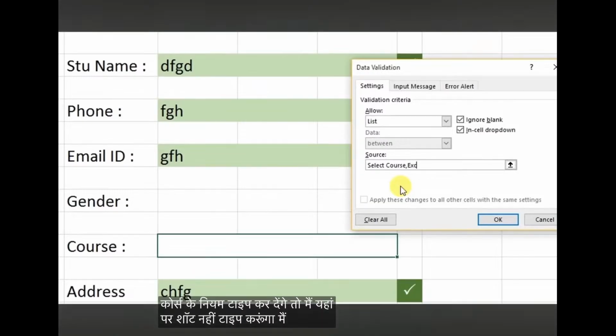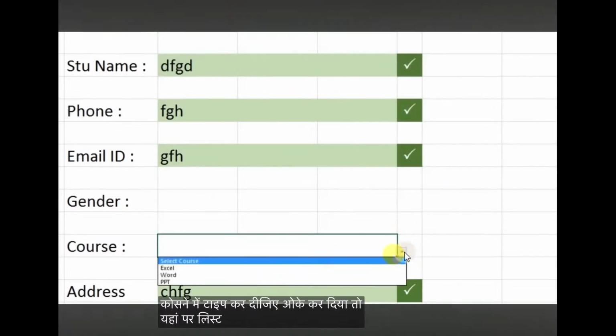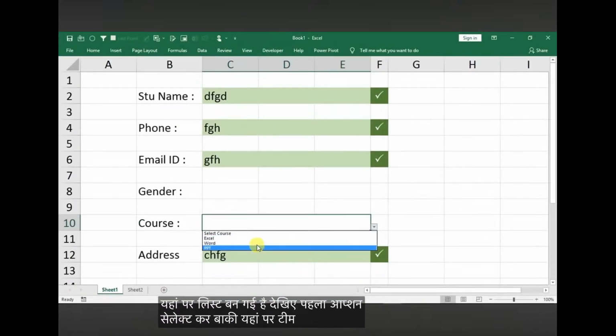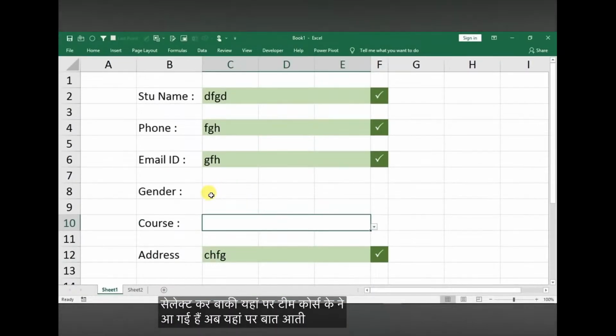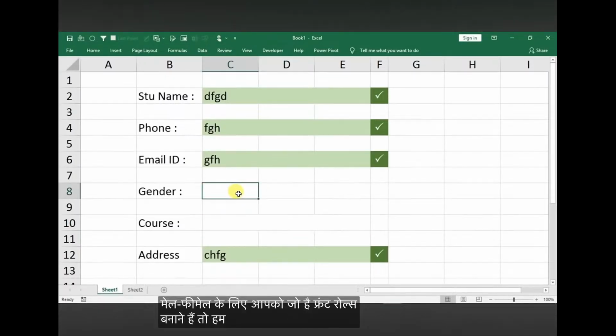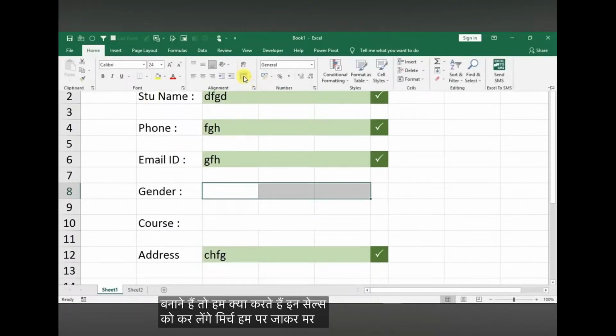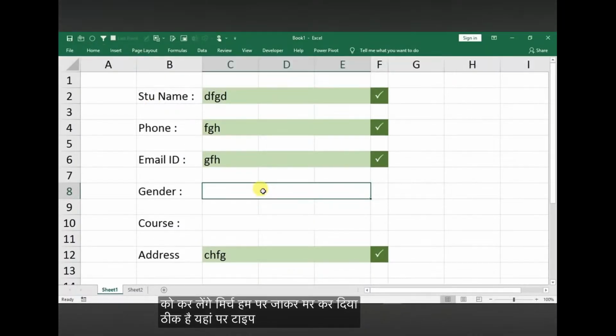मैं यहाँ पे शॉर्ट नेम टाइप करूंगा, मैंने यहाँ पे एक्सेल लिखा, फिर वर्ड, फिर पीपीटी। ठीक है, तो 3 कोर्स नेम मैंने टाइप कर दिए, ओके कर दिया तो यहाँ पे लिस्ट बन गई है। देखिए पहला ऑप्शन सिलेक्ट कोर्स का है, बाकी यहाँ पे 3 कोर्स के नेम आ गए हैं। अब यहाँ पे बात आती है कि मेल फीमेल के लिए आपको कंट्रोल्स बनाने हैं। तो हम क्या करते हैं, इन सेल्स को मर्ज कर लेंगे, होम पे जाके मर्ज कर दिया।